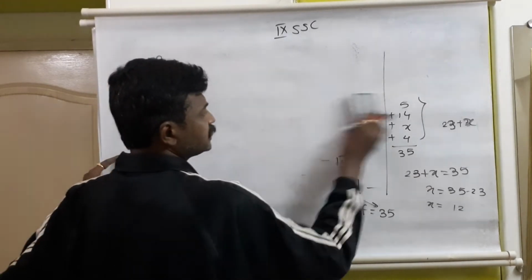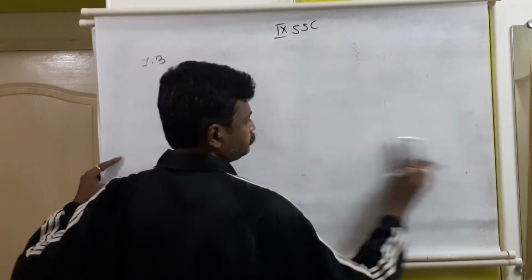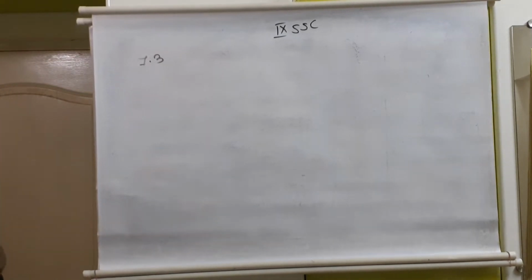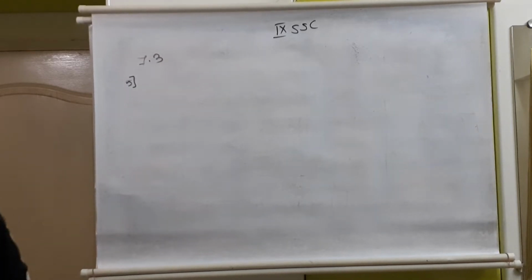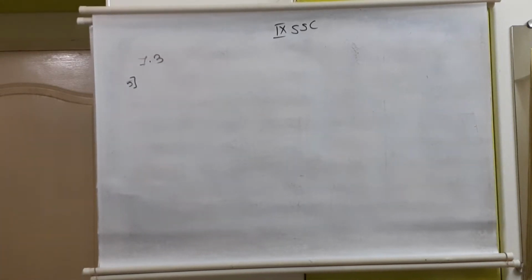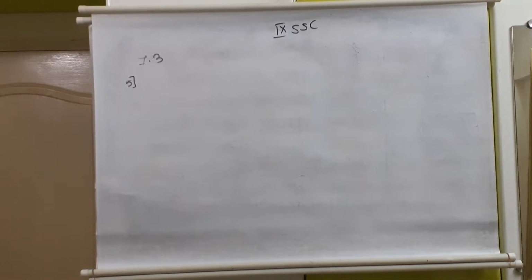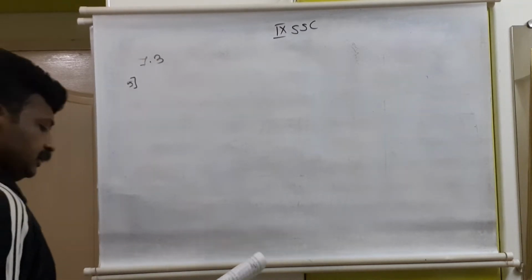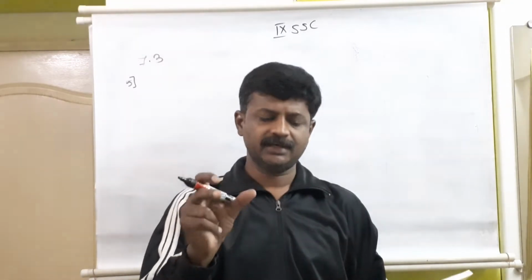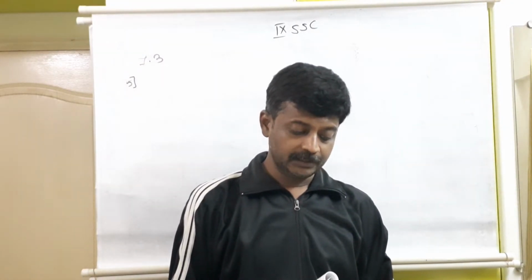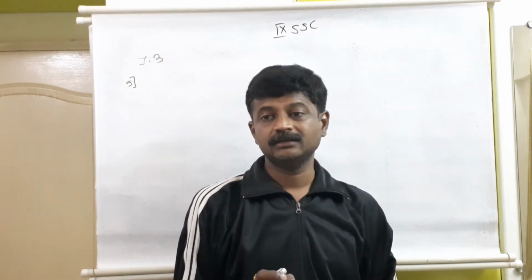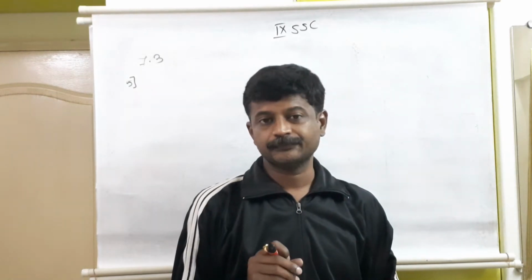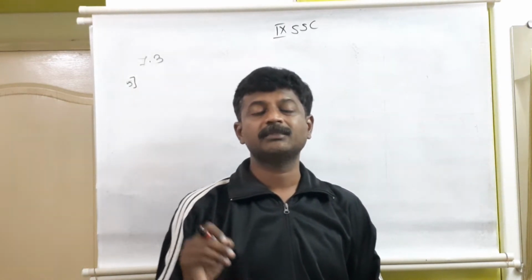Based on this, let us continue with question number 5. In question number 5 of 7.3, what is given to us and what we have to find out. In a tree plantation project of a certain school, there are 45 students of Harit Sena. Those who are involved in the tree plantation are given the name Harit Sena. The record of trees planted by each student is given below. So in total there are 45 students. Every child planted some plants.